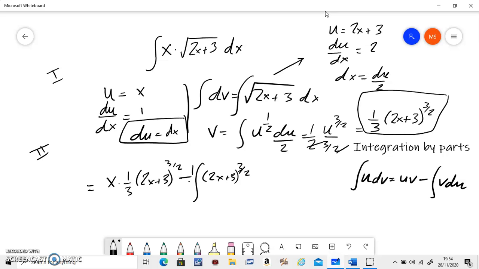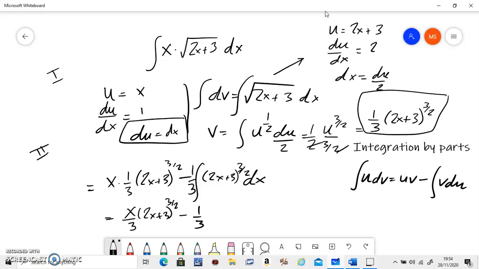The 1 over 3 can come outside. And in place of du, you put dx. So simplify, you get x over 3 times 2x plus 3 to the power of 3 over 2,